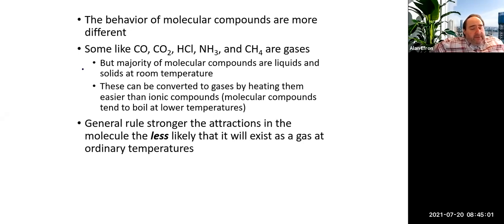But the major difference between a molecular compound, which is more covalent bonding and sharing of electrons, versus an ionic compound, which uses electrostatic attraction, is that you can much more easily convert a molecular compound into a gas than you can an ionic compound. That's because of how they are put together. We'll talk more about this in a later chapter, but there are really two